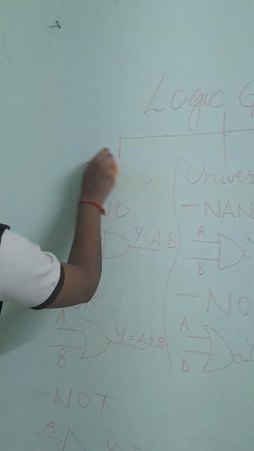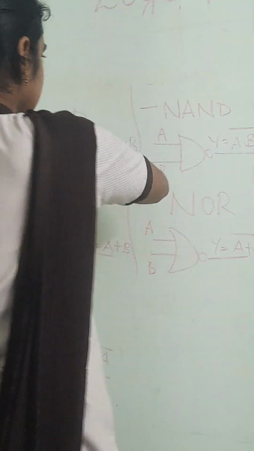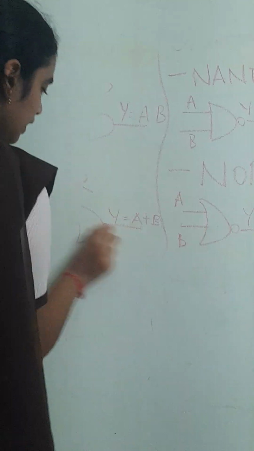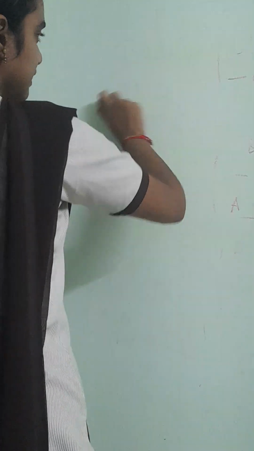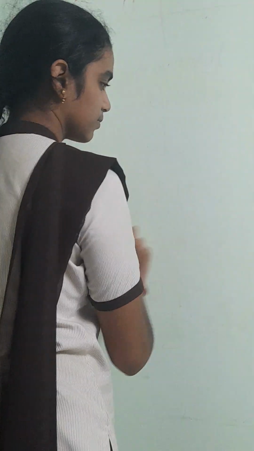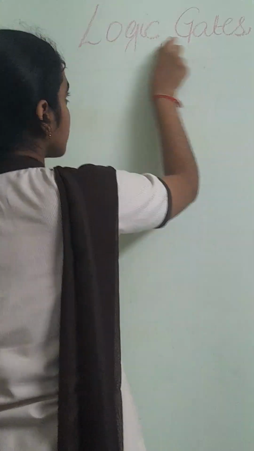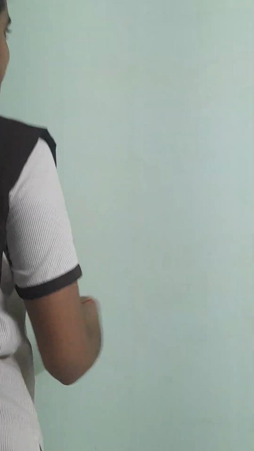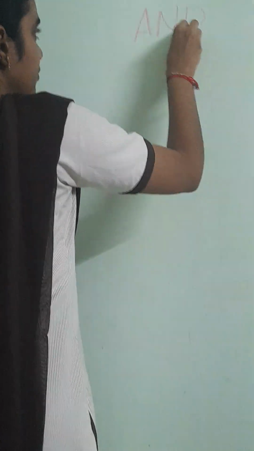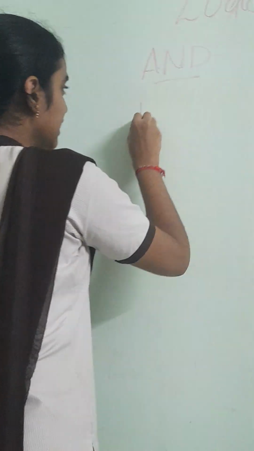Now let's see the realization of logic gates using universal gates. That means we are going to convert all the logic gates into universal gates, like NAND and NOR. Let's take the very first, the AND gate, and now I am going to convert this AND gate to NAND gate